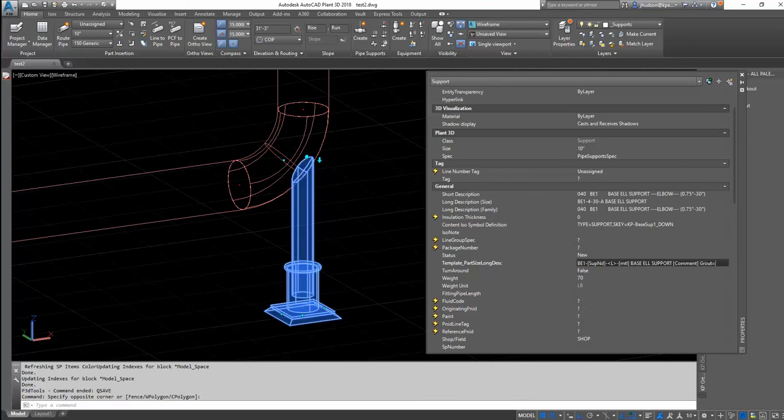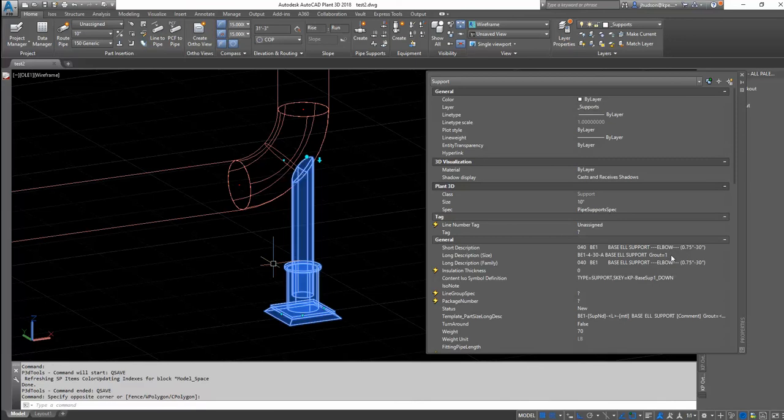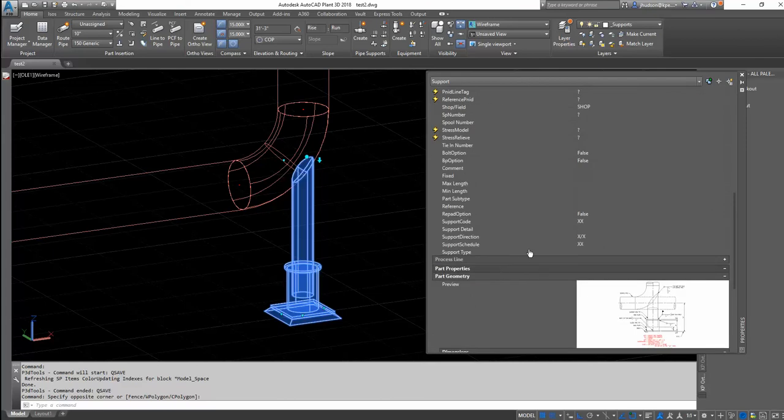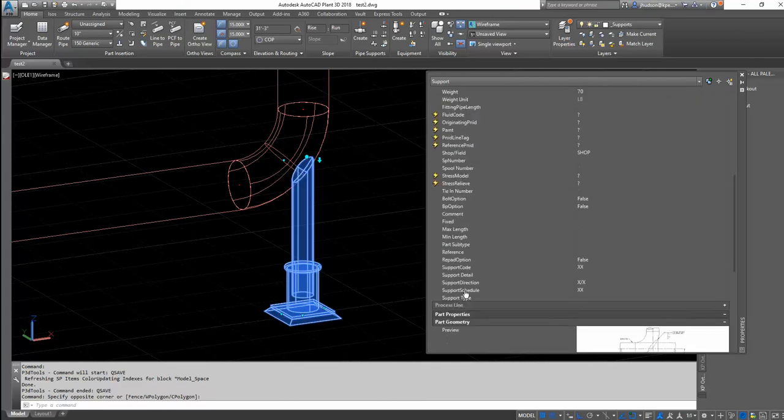grout equals and put in my script parameter here in the angle brackets, right, in my template, when I save this, grout will be filled in with what I put right there. I can also change properties here, like let's just say I want to put in support detail, my detail, and then I change my template